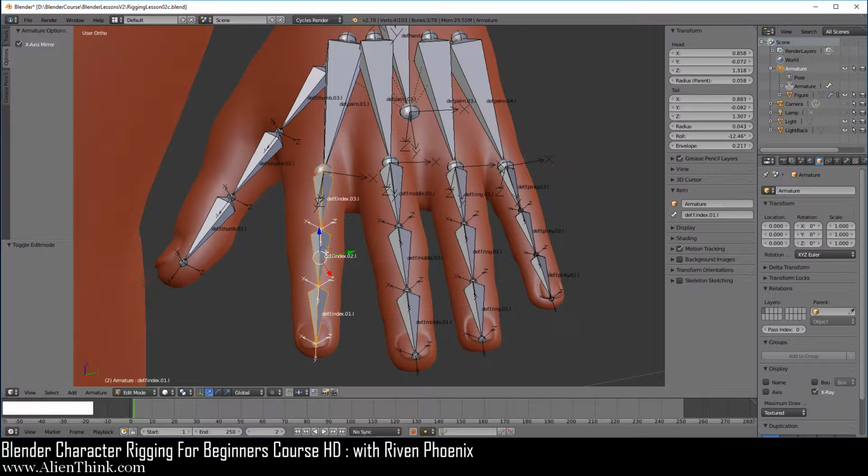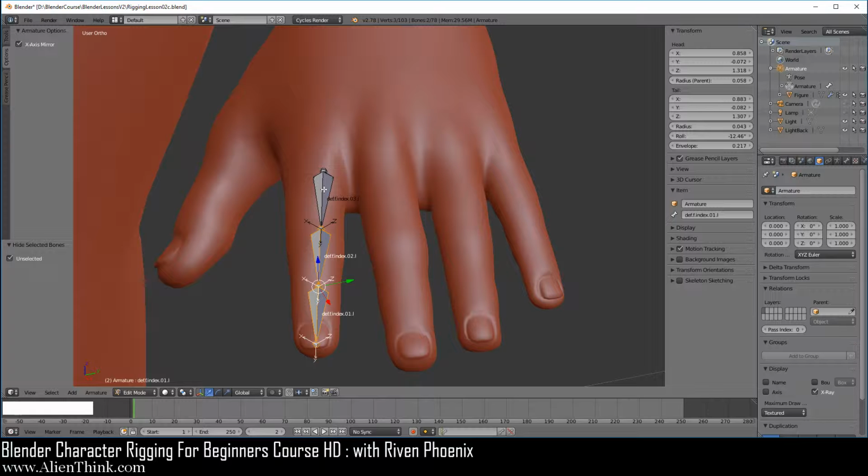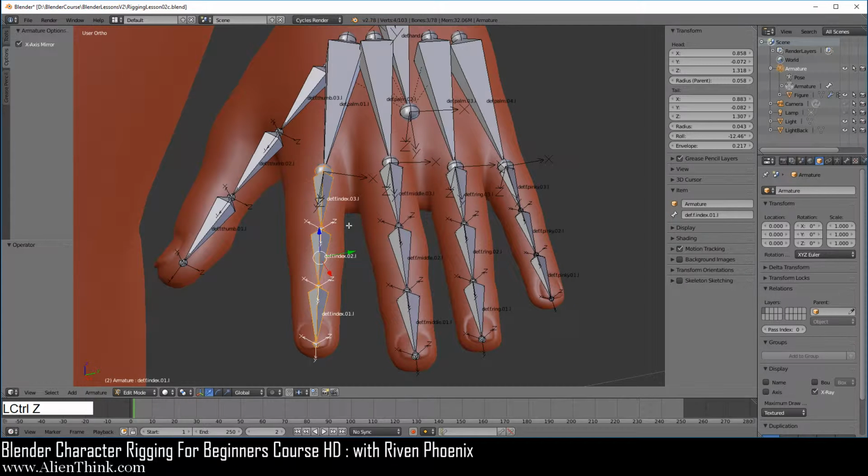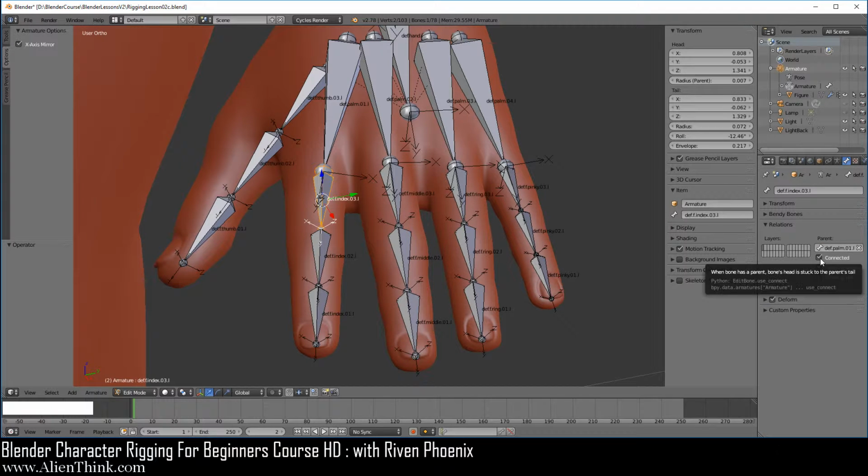Now notice that if we do Shift H, it's going to hide all the bones, but notice what happens. It deselects this bone. Do Control Z to bring this back. Now if we click on this bone, you'll notice that here on the bone tab it has this connected check. So if we deselect the connected, meaning that it's still the child of this bone over here, it's just offset.